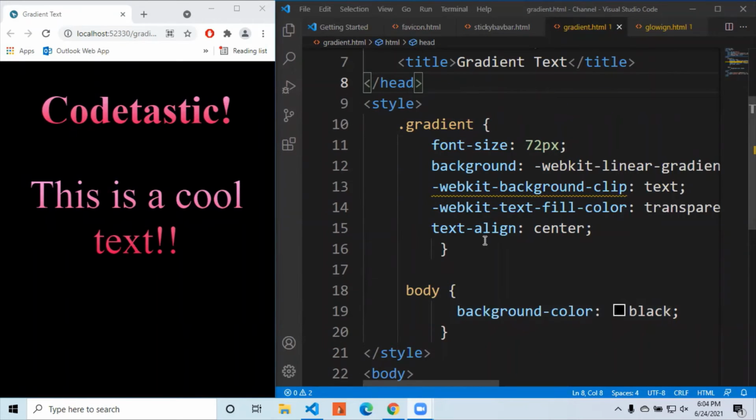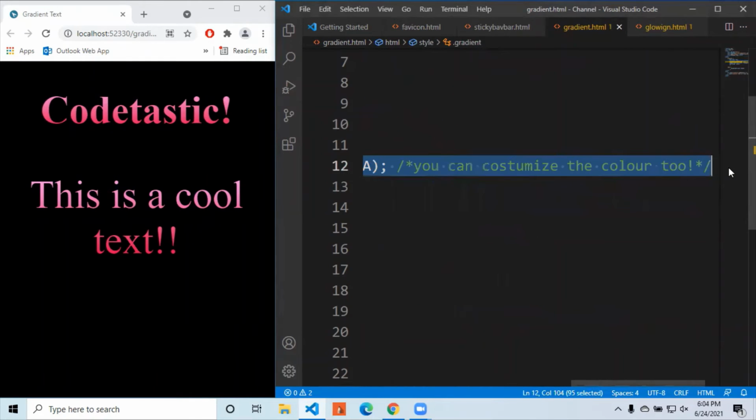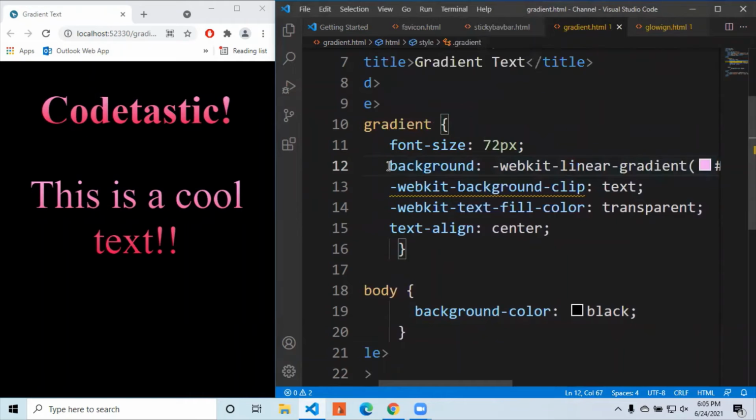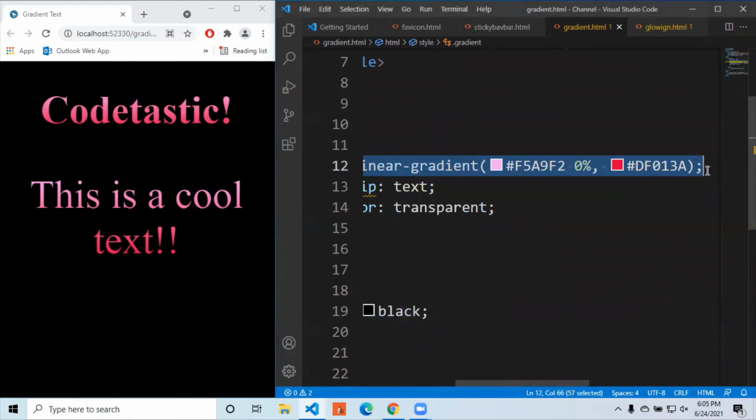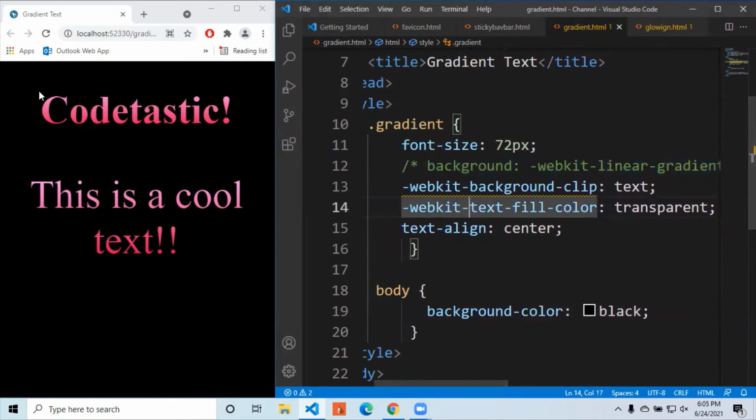Now we'll understand why we are using all these codes. First we'll start with the background. We have used background WebKit linear gradient. Let us understand why. To understand that, we will either cut the code or comment it so that it doesn't appear in our output.